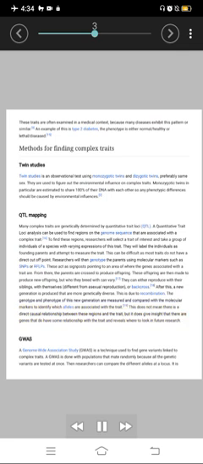GWAS. A genome-wide association study (GWAS) is a technique used to find gene variants linked to complex traits. A GWAS is done with populations that mate randomly because all the genetic variants are tested at once. Then researchers can compare the different alleles at a locus. It is similar to QTL mapping.